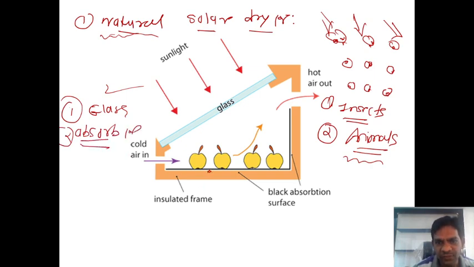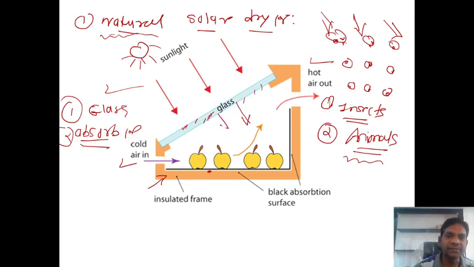Okay, this is the absorber. Then after that, the insulating frame will be there. Then there are two openings, cold air in and cold air out, guys. Very simple application. So from the sun the solar energy is emitted, this solar energy is incident on this transparent glass. Okay guys, so whenever the solar energy is incident on the glass, this solar energy enters into this solar dryer, ये ड्रायर के अंदर आ जाएगी।